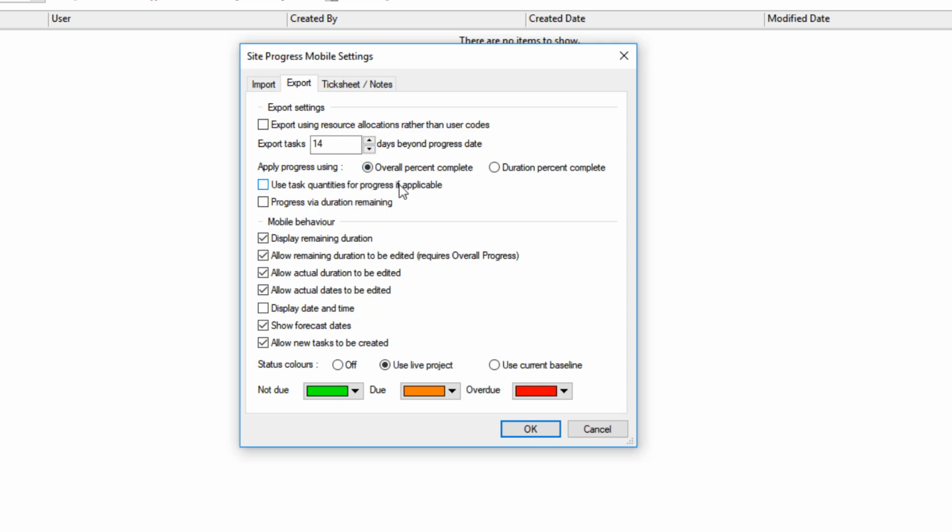This is important, which we'll talk about. So if in Powerproject I have got a value called task work assigned to an activity, then if I tick this box in the mobile device, you will only be able to progress that activity by those quantities and not by a percentage. So if it's unticked, it will ignore the task work allocations. I'll come back to this setting because this is one that is usually for our